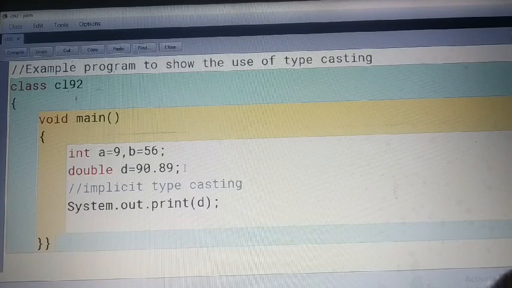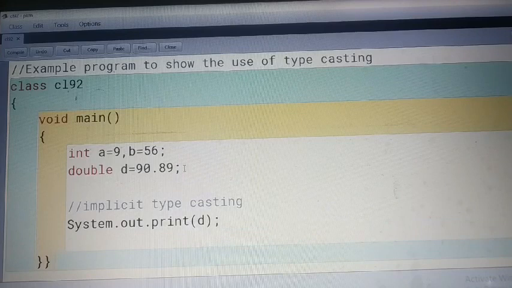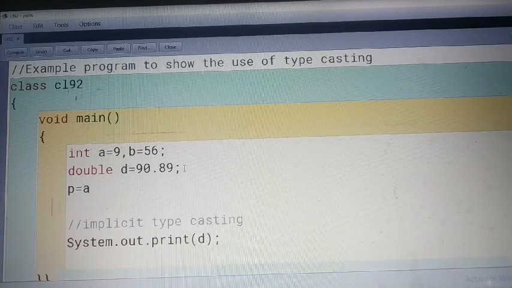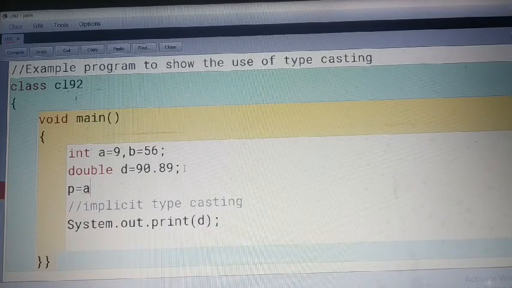So how will I do it? I'm not taking the variable type right now, only the variable name, and I'm writing P equal to A plus B plus D. I have not defined the data type of P. Now what suitable data type should it be?